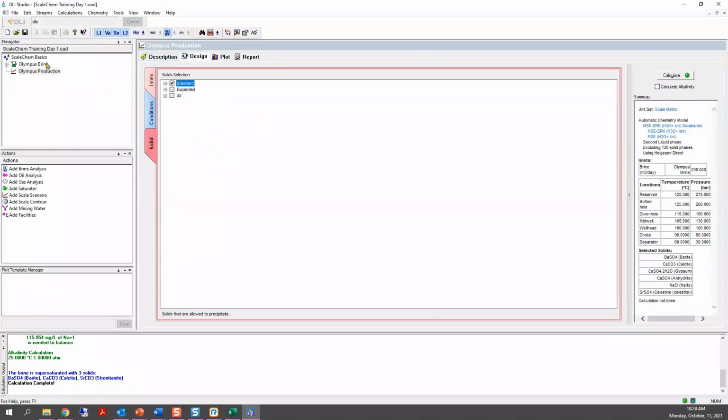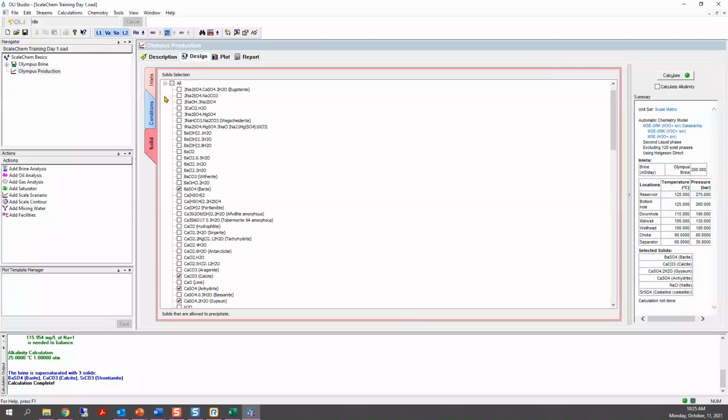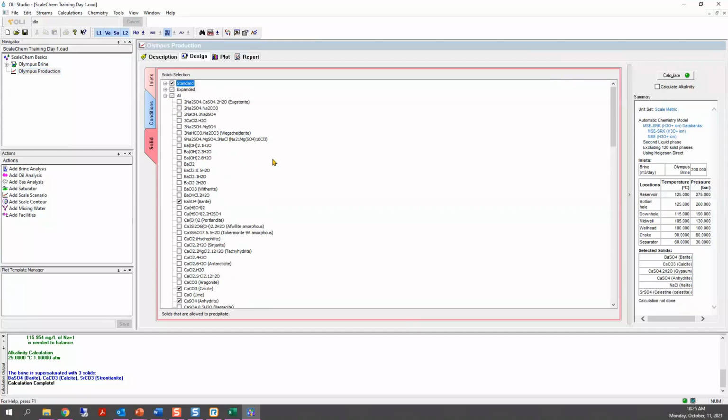Do you have in the Olympus production the solid button enabled? Yes, it says solids that are allowed to precipitate down at the bottom, but it just doesn't give me a list. It says all, and if I click on the plus symbol, it gives me H2O. That's the only one.